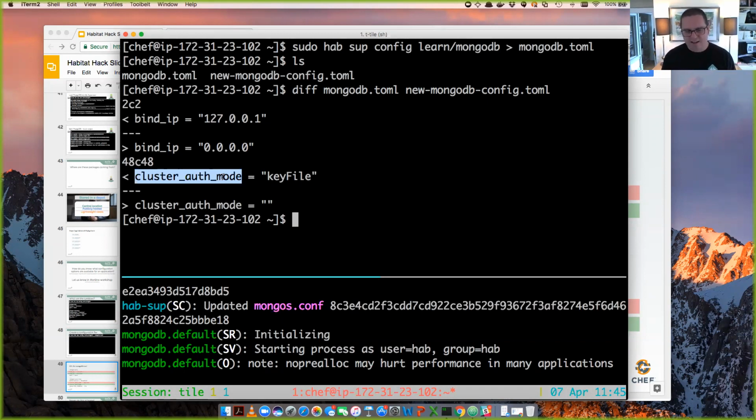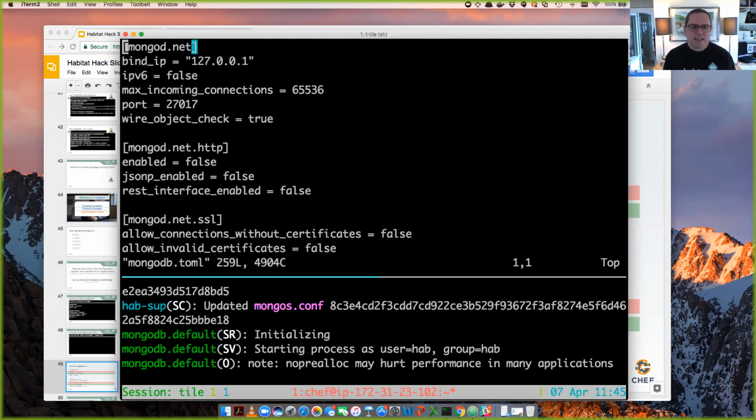And I'm just going to edit the file and show you exactly what we're going to edit. So I'm going to vim mongodb.toml. In here on line 2, you'll see the bind IP is set up. I'm going to change that from 127.0.0.1 to 0.0.0.0,